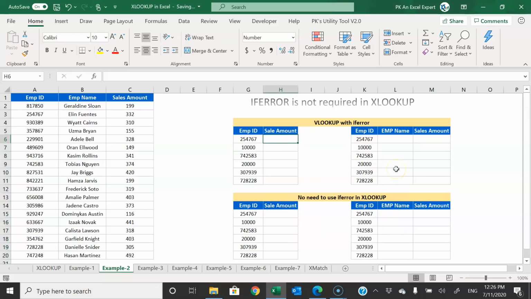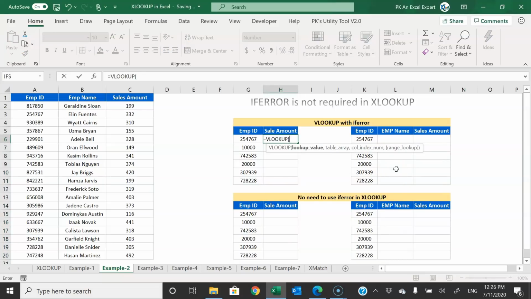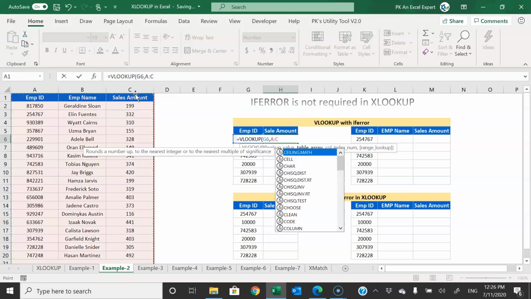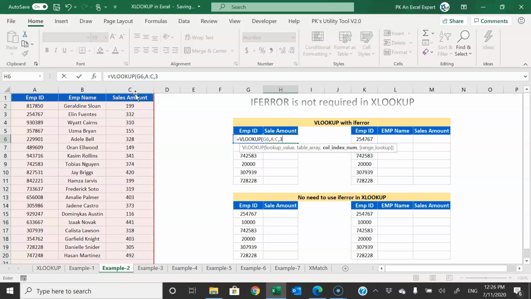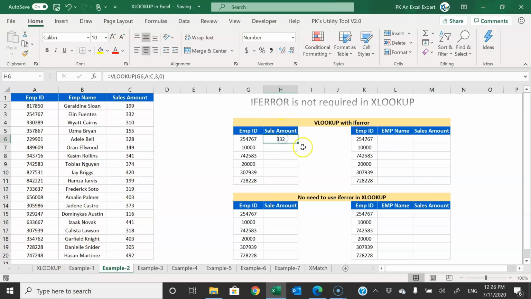Now I will use VLOOKUP here, VLOOKUP and lookup value and then table array, this one, comma 3 comma 0. So it is returning the sales amount, but wherever the employee ID is not available it will return the #N/A error.